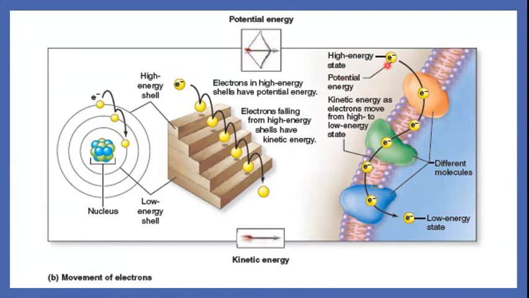Let's find out who. Molecules are specialized to take that high energy of that atom and pull off that outermost electron. It can then travel to a different molecule and have another one of those outer electrons pulled off. Another molecule, have another one of those electrons pulled off. And as it has gone down the steps, so to speak, it has lost energy, but that energy was utilized by each of these different molecules, eventually leaving us with a low energy state electron.